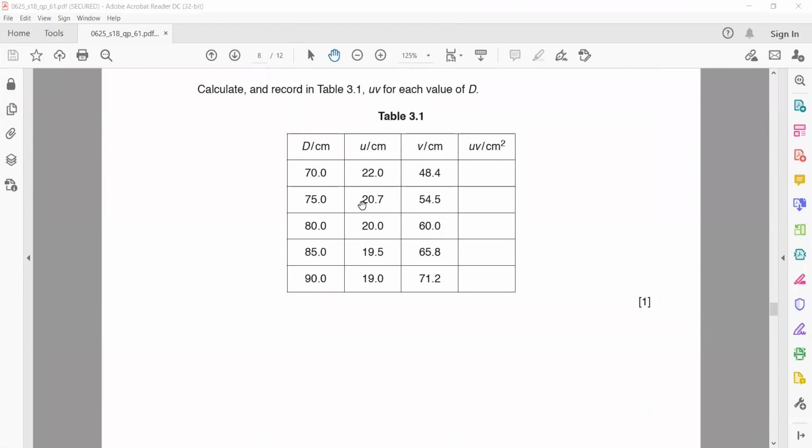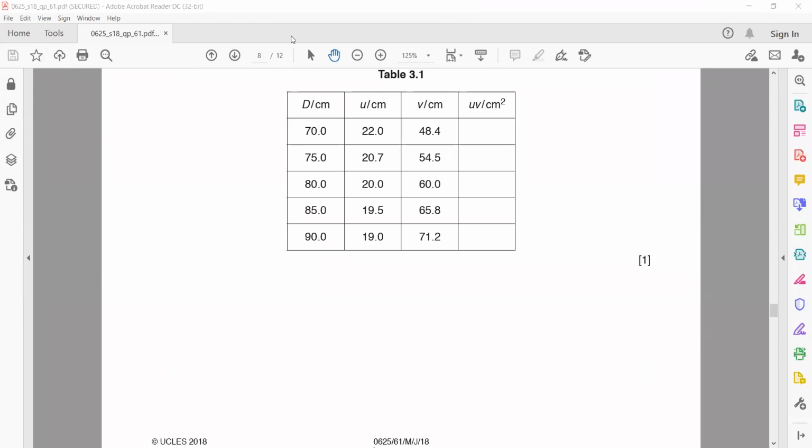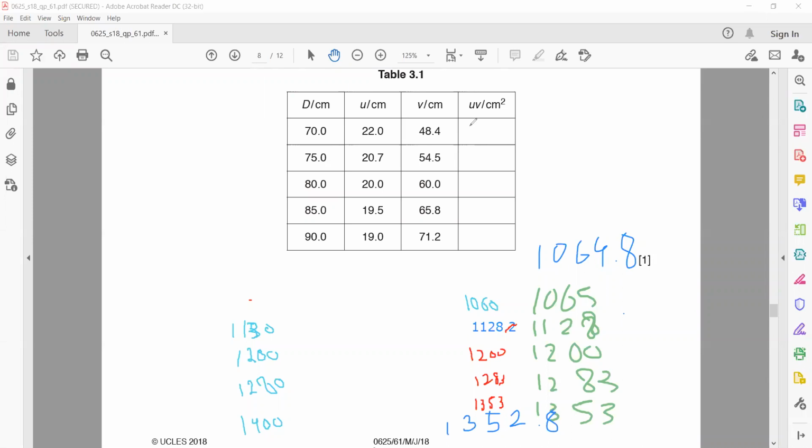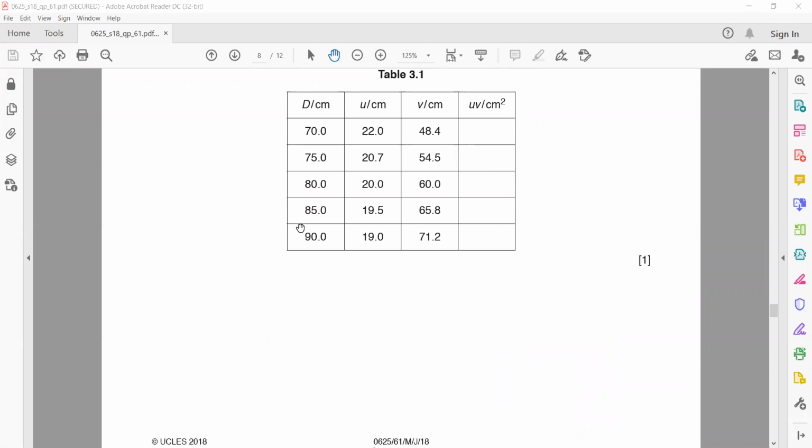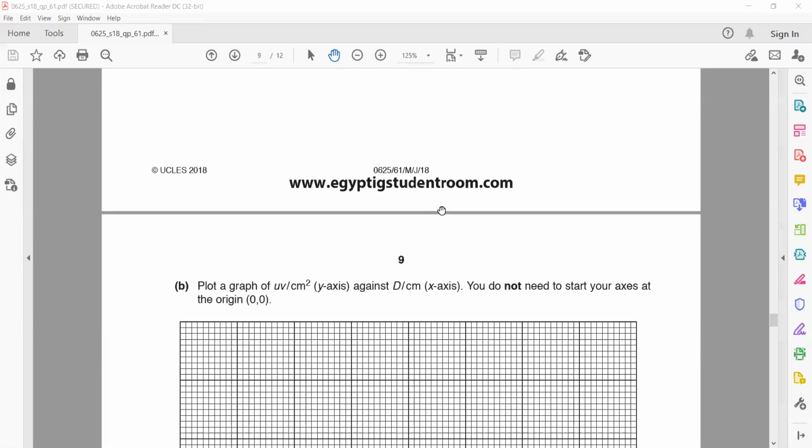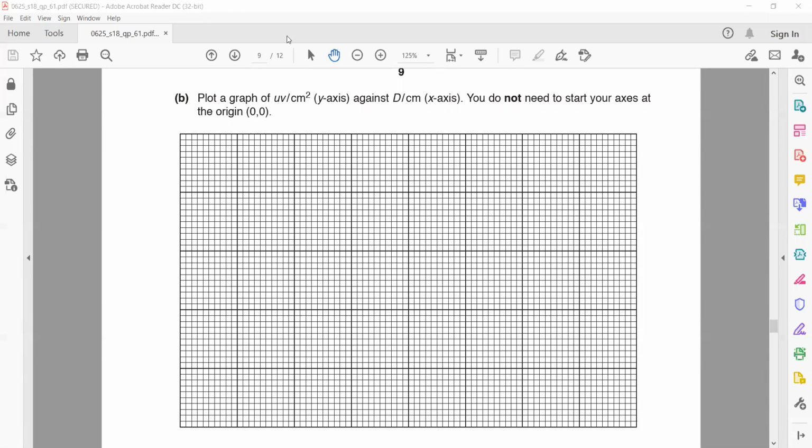So first thing, we should check the values of U into V. The first value of U into V was 1060 and the last value was 1353. In between are the values 1283, 1200, 1128. So the smallest value is about 1060 and the highest one is 1353. So I have to select a scale from 1000 to 1400. So if I start my scale with this value as 1000,